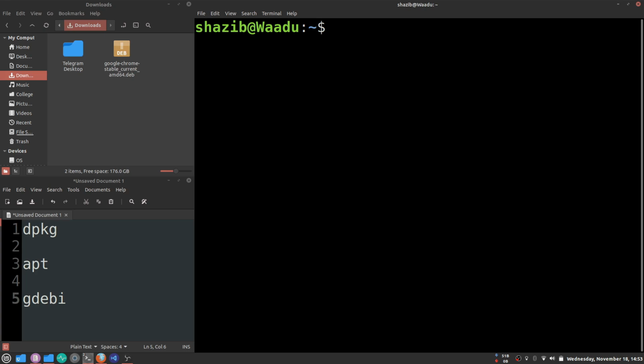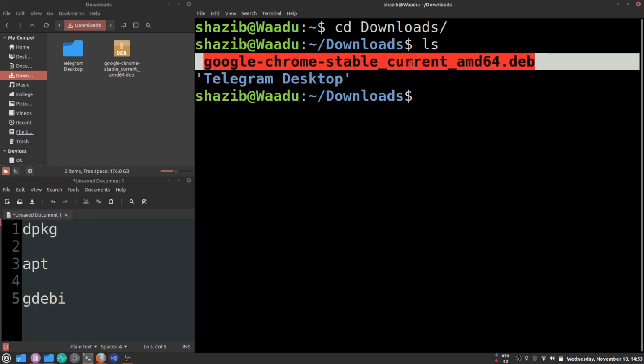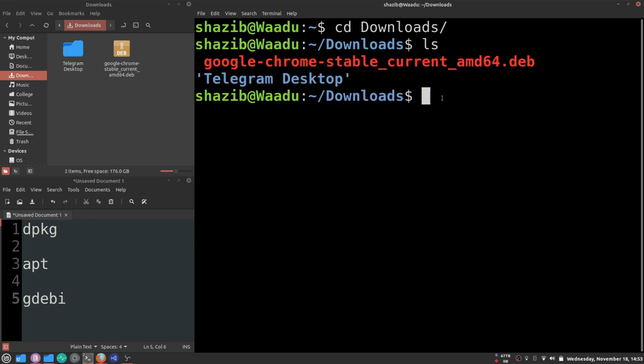So first of all, we need to go to the Downloads directory, then ls. As we can see, here is google-chrome-stable_current.deb. The first command: sudo is used to give root privileges to any command.